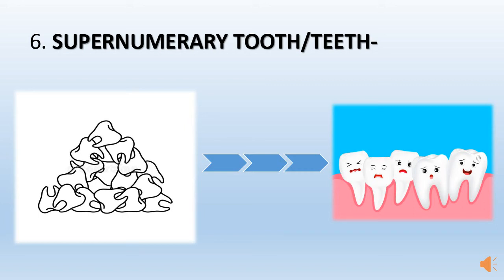But in certain children, there are more than 32 or more than 20 teeth. Most commonly, it's seen in the permanent set of dentition only. So there are more than 32 teeth. Now just imagine you have a limited space that's designed for the eruption of 32 teeth. Obviously, what's going to happen if you have more than 32 teeth but no space for them? Again, crowding, and if not crowding, then the teeth will erupt somewhere else wherein it finds space.